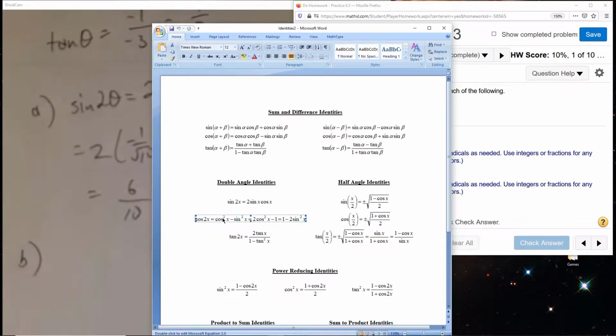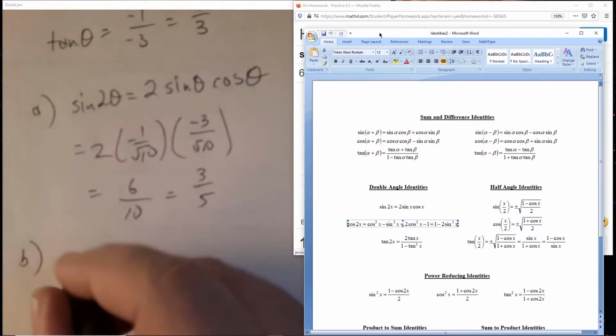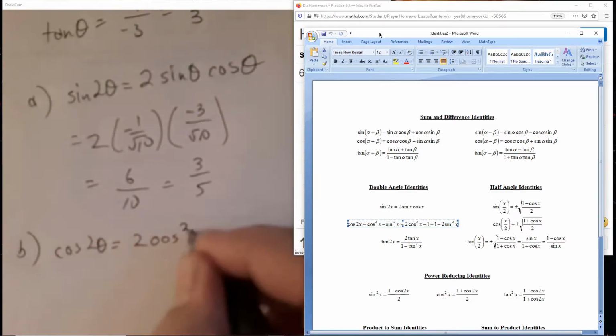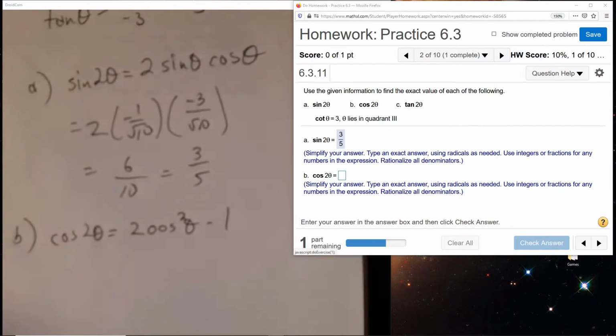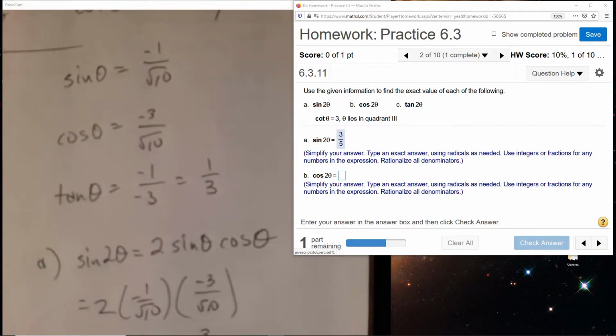I usually don't go with cosine squared minus sine squared because that's more work. You have to plug in both of those things. So I usually choose one of the last two myself. That's not always the case, though. Sometimes you may have to use that first one. And we have this information. So cosine theta